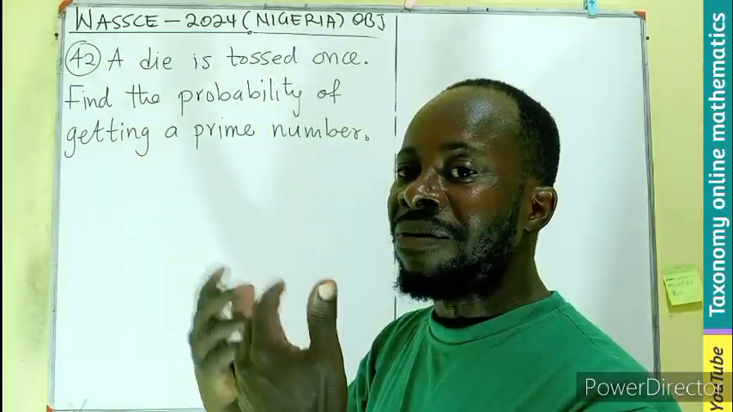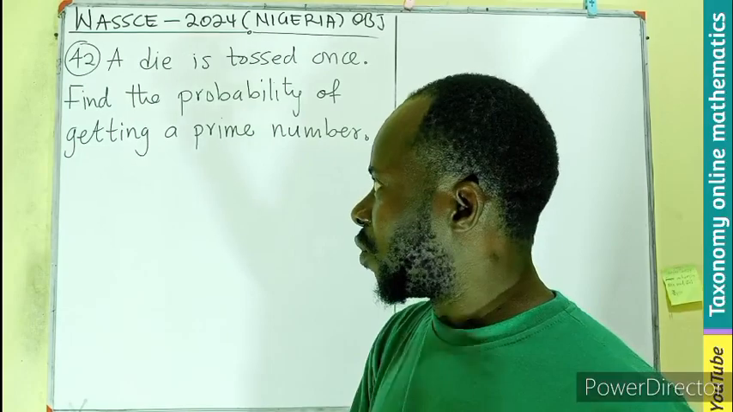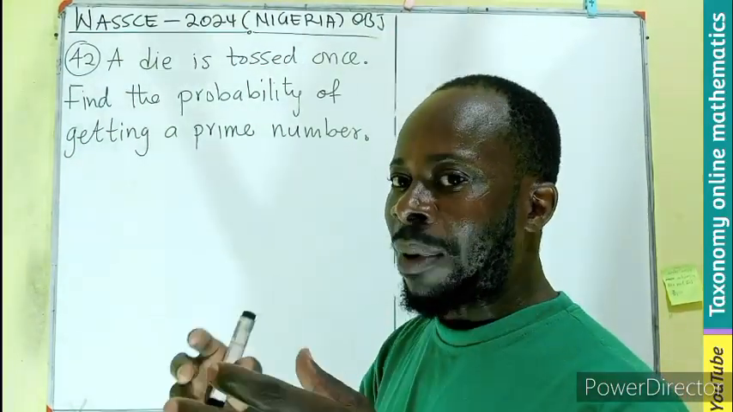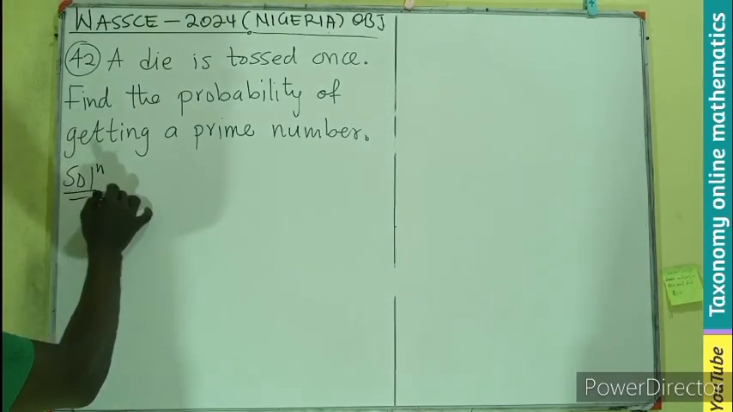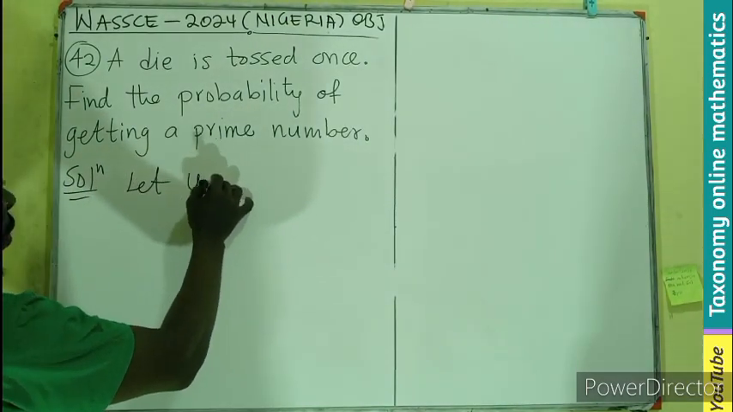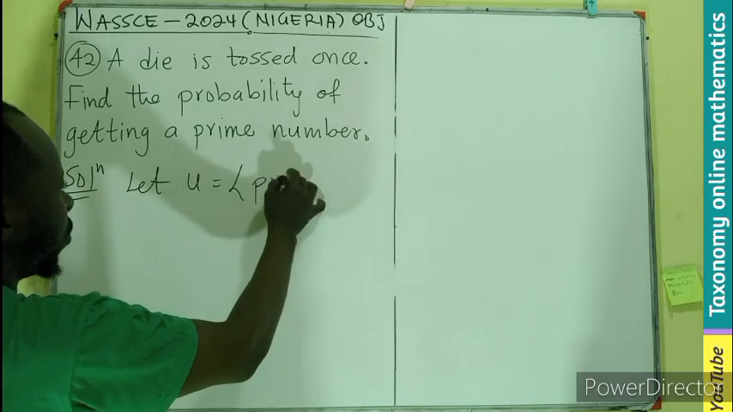Probability depends on event and sample space. So from which pool are we picking the prime numbers? Let's start by indicating those pools. So we let our U represent what? Possible